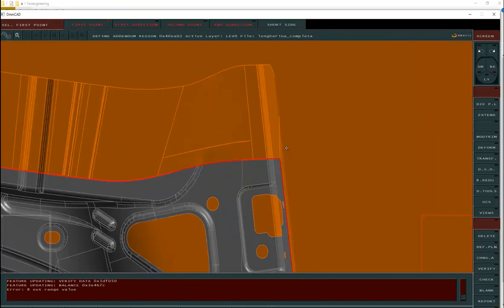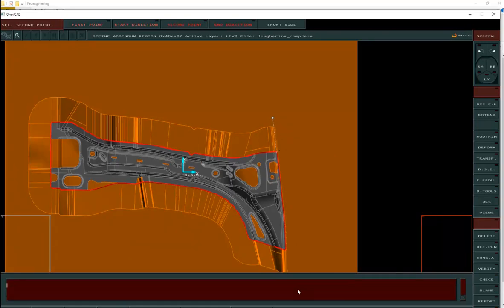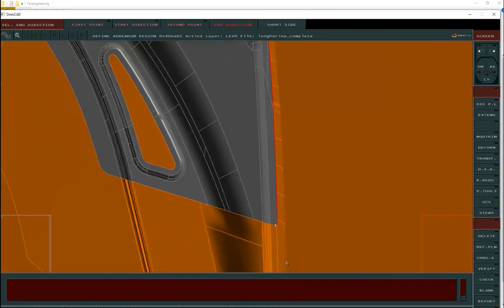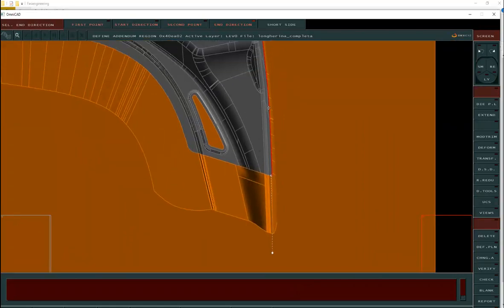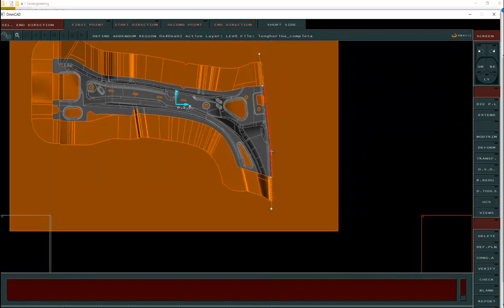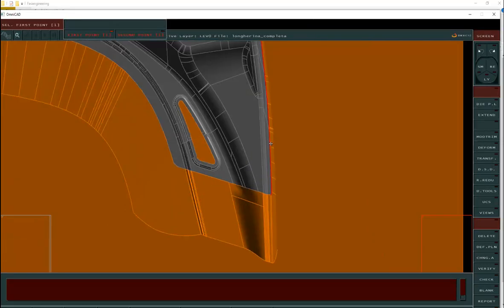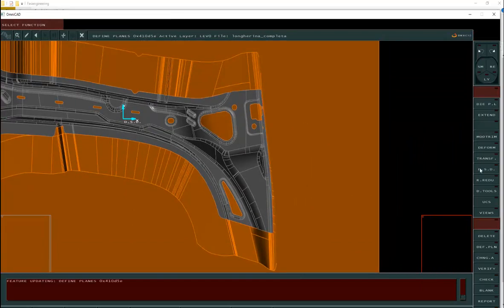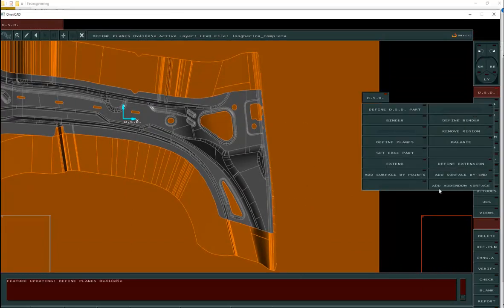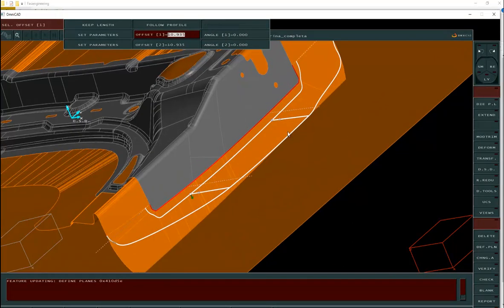I want to work inside of this profile and inside of this other profile. You see the red line identifies the zone you want to control, and it is this profile. And I can decide I want to control one plane here, another plane here. When I use Die Surface Design, add surface, other than surface, you see you have the addendum surface with